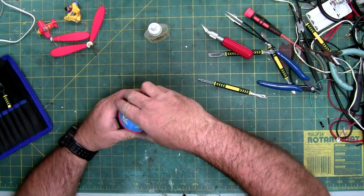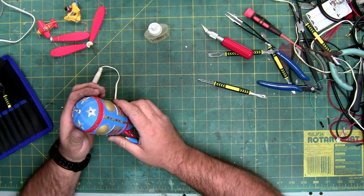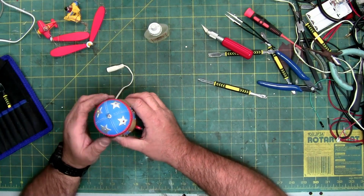But look at that. All the way down, all the way around. Assuming that the dotted lines matched up with the...